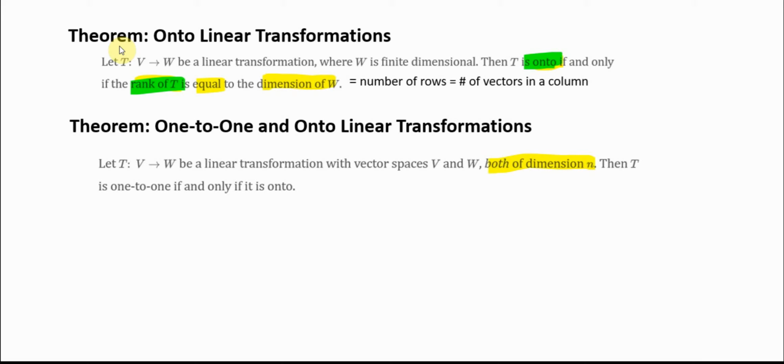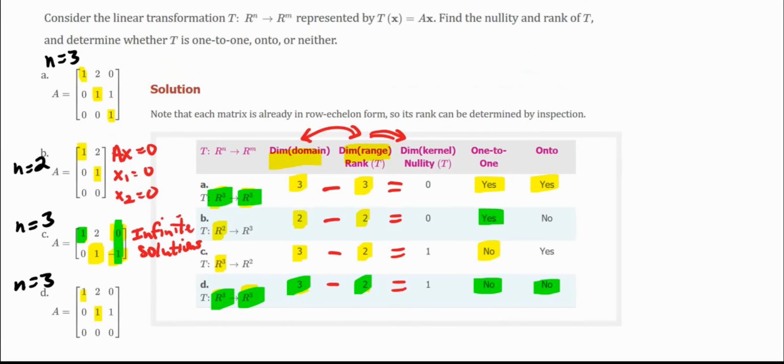So here that's equal to the number of rows, or the number of vectors in the column. So if the rank is equal to that, we get here the rank for this one is equal to 2,